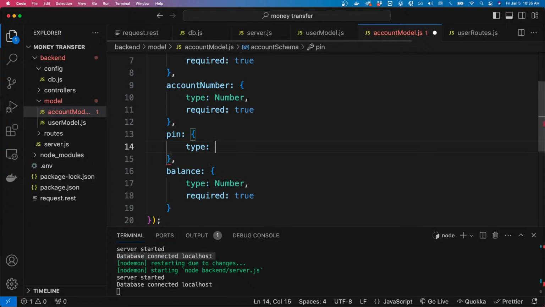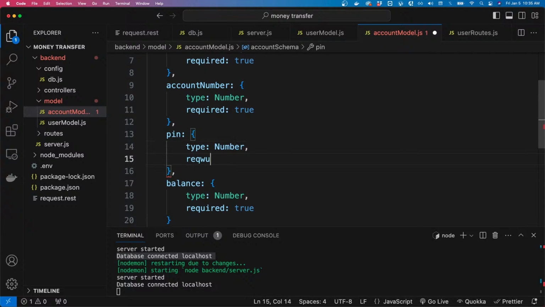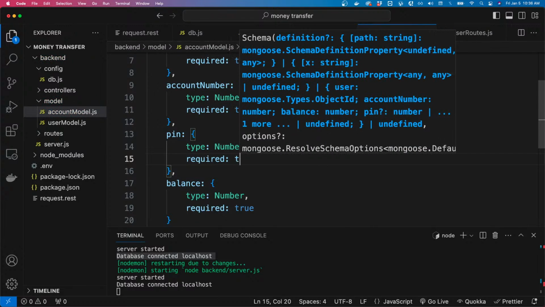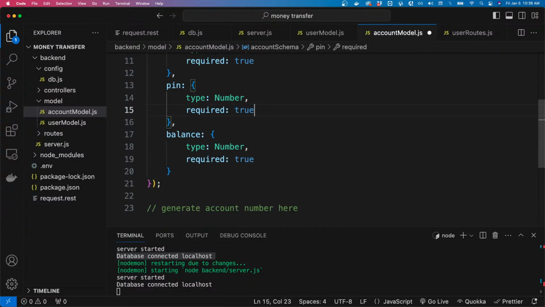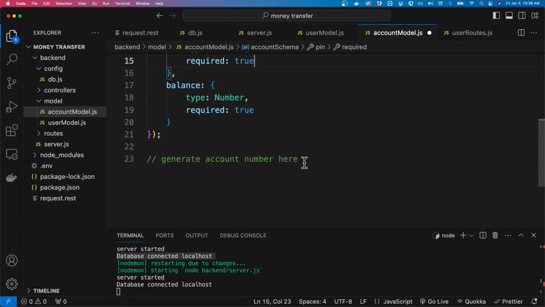We have a type of number, required to be true. Yeah, so we have to generate the account number and then generate the PIN of user. But then let's export the account schema by doing